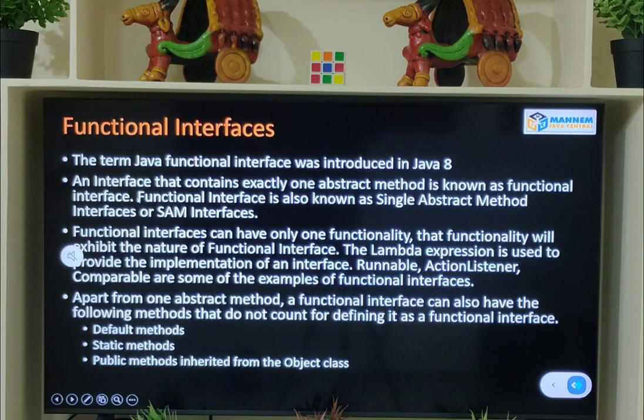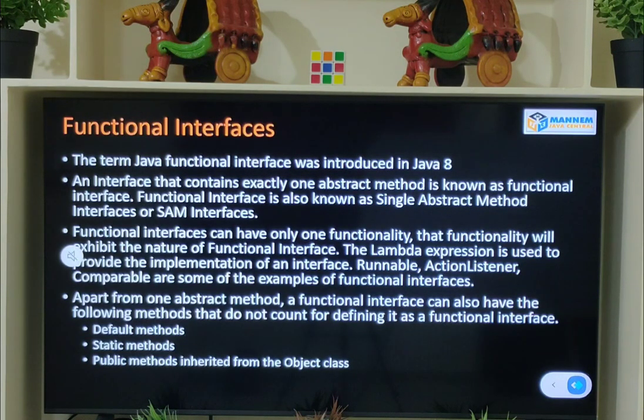By this, you can understand that functional interfaces can contain only one method. That method should be a public and abstract method. A functional interface is known as a single abstract method interface or SAM interface, because of having only one abstract method. In short, it is a SAM interface.